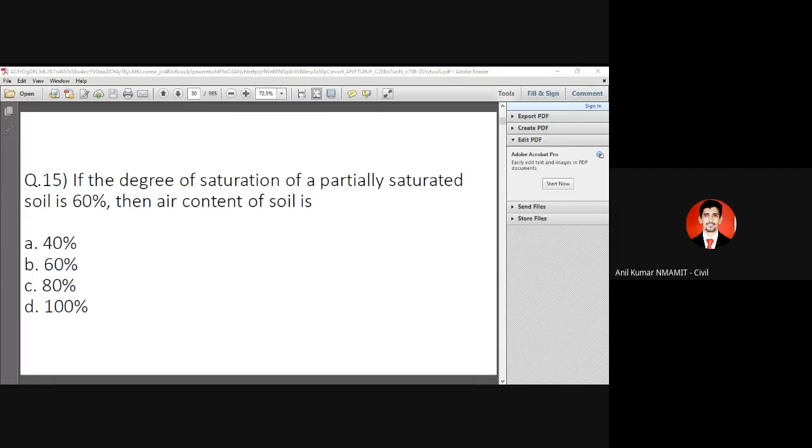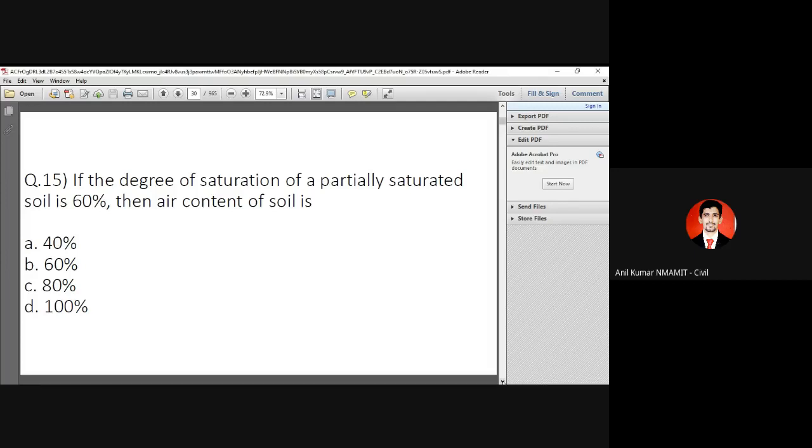Try to solve. I am giving you the solution also. How has the answer come? What is the reason? Those will help you a lot. Whatever solution I am giving you will help you a lot to understand. I'm waiting for one more student. Okay, Manjunath. Very good. So we'll go on.